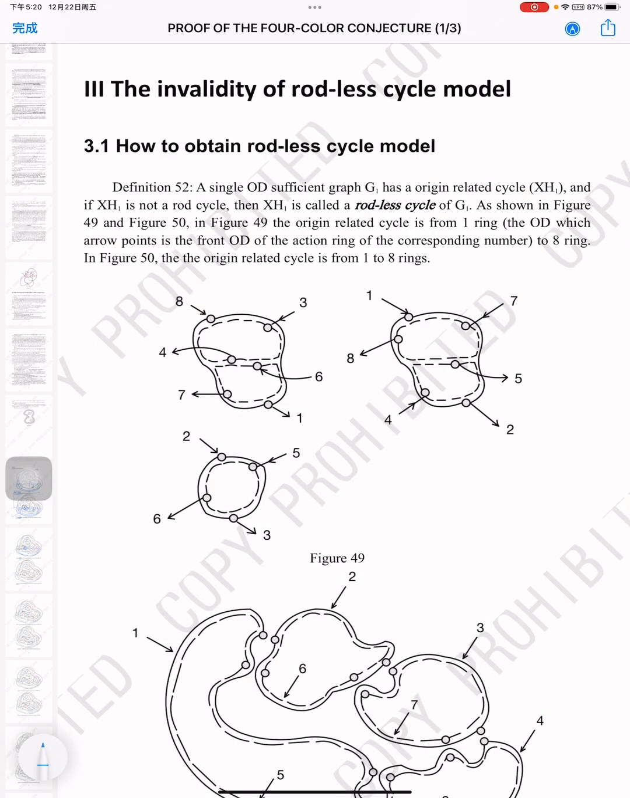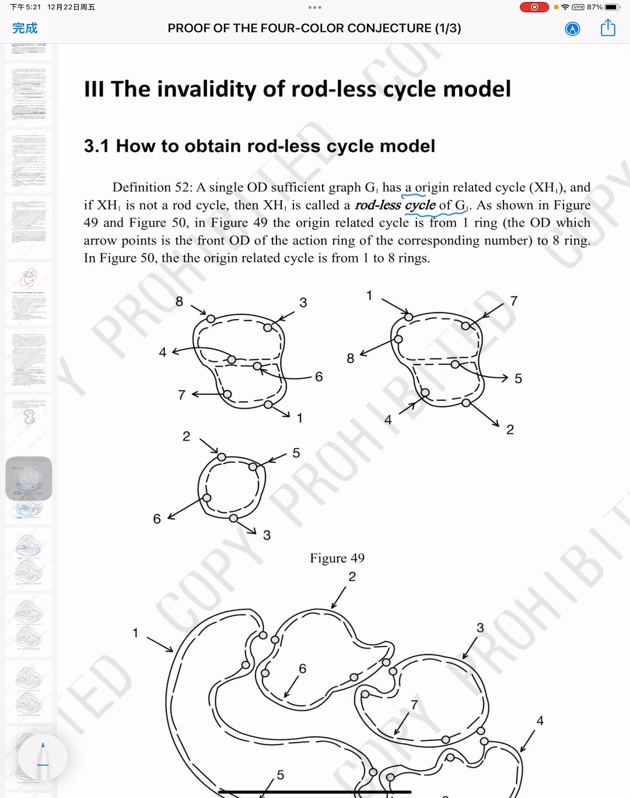Chapter 3. The invalidity of Rodley's cycle model. Section 3.1. How to obtain Rodley's cycle model. Definition 52. A single OD sufficient graph G1 has an origin-related cycle XH1, and if XH1 is not a Rod cycle, then XH1 is called a Rodley's cycle of G1, as shown in figure